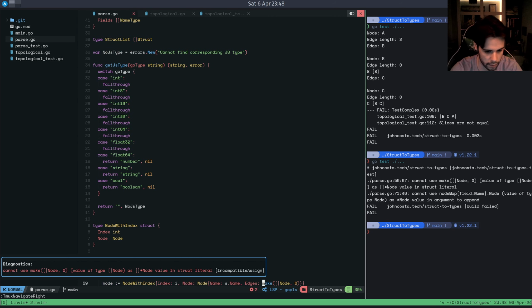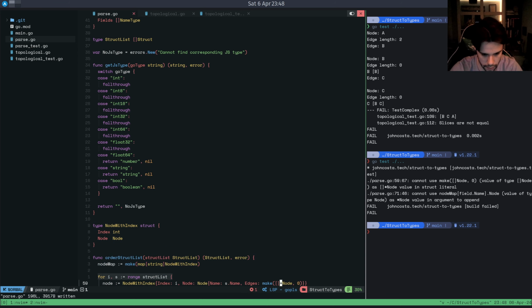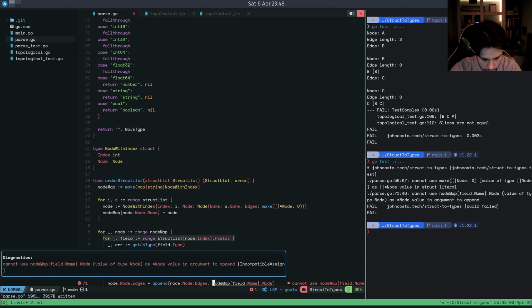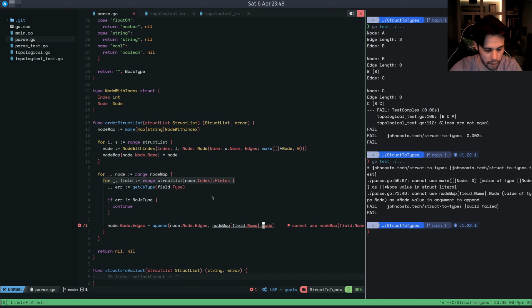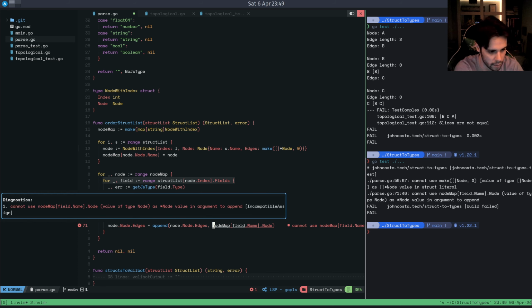Oh, here, here. Cannot use node index. Node index, you have to be that. No. Is this node map field node pointer? I cannot use node